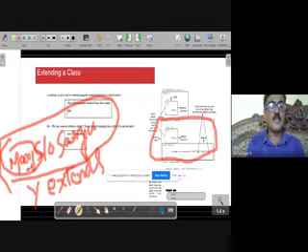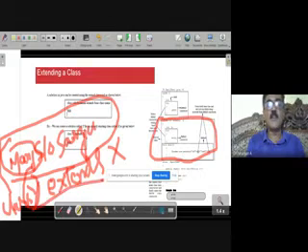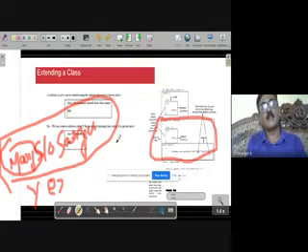Y is the child of what? What is the father's name? The father's name is X, so I will write class X. Then class Y extends, and you write the name of the father. That is the same thing I have done.